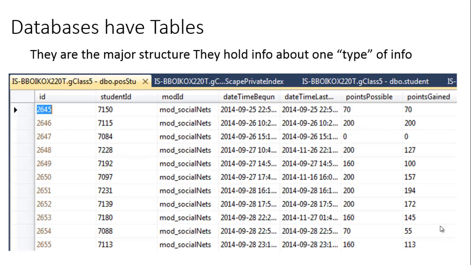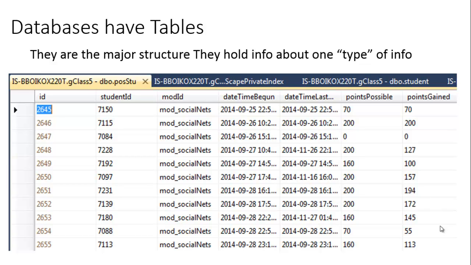Okay, brief review about tables. We talked a little bit about this last time, and I want to go over it again. Databases have tables. And if you remember, a table looks a whole lot like Excel. There's an Excel table, sort of, with rows and columns. Each row has one item of information, and each column has one attribute of that item of information. In this case, we're looking at